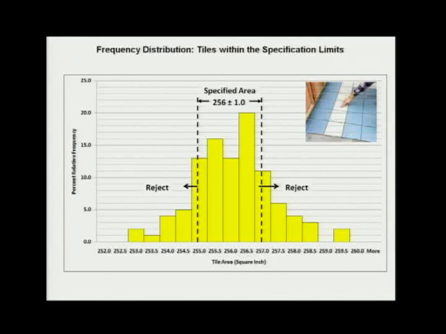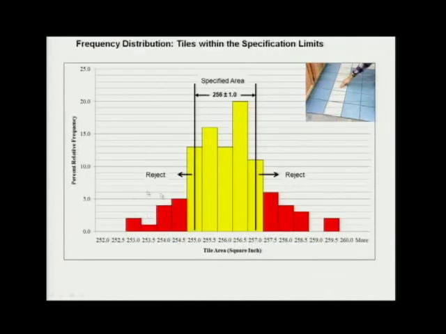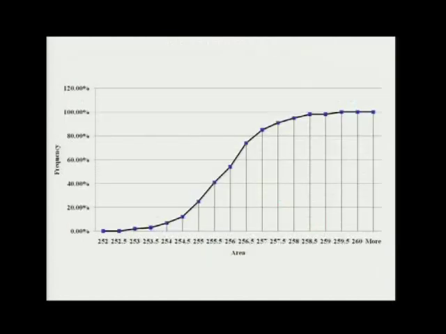Now the values here will be roughly calculated, because as you can see, the 255 happens to be in the middle of this bar, and the 257 also happens to be in the middle of this bar. So you will not be able to get an exact value, but you can easily look at this portion here and this portion here and get a rough estimate of what percent of your ceramic tiles will be rejected. If you move to the cumulative curve, you will be able to obtain more accurate information,